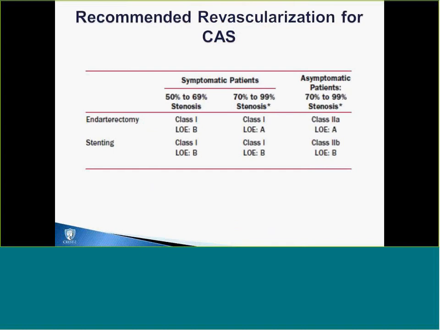Okay, these are the guidelines. So, symptomatic patients, everyone should be treated if they have significant stenosis. Definitely, if they've had a symptom, we can do an endarterectomy, or you can do a stent. And if they're symptomatic and really don't have any other reason why they had a stroke or a TIA, you probably fix that carotid. The evidence is strong, so that's a class 1 indication, right? For asymptomatic patients, class 2, maybe it's reasonable to do an endarterectomy or stent in patients who have